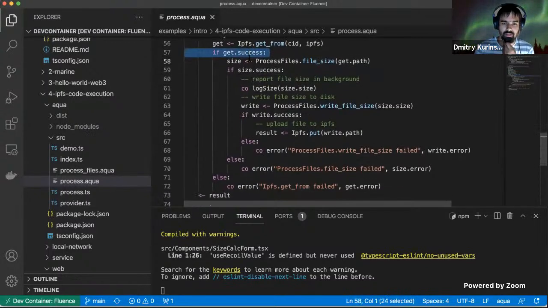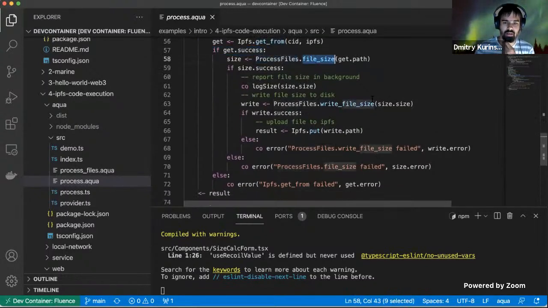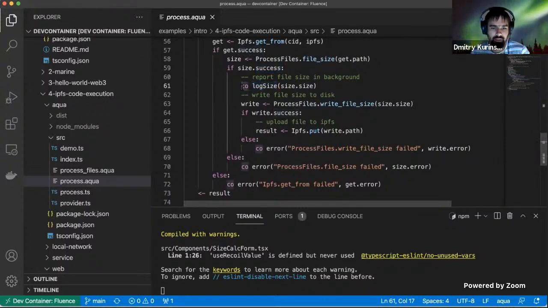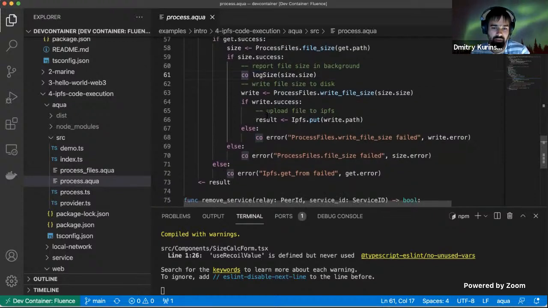If it succeeds, then it processes the file size with the service. If it's okay, then it logs the file size with a coroutine, writes it to disk, and then uploads the